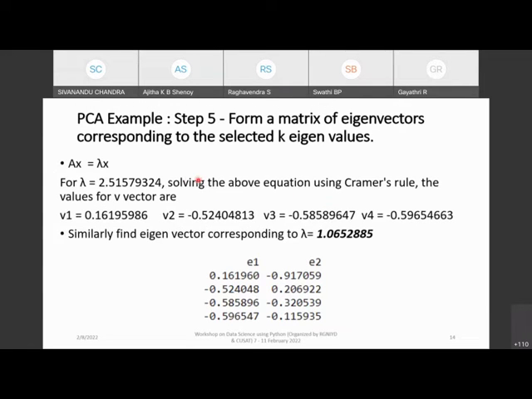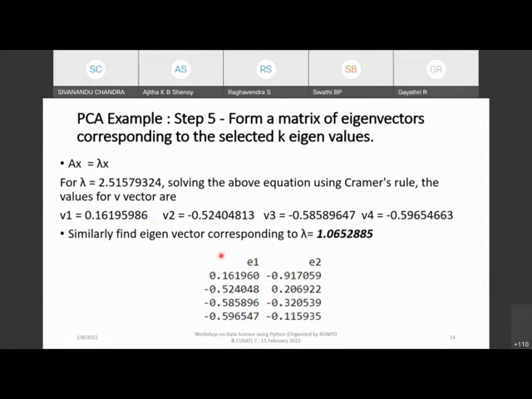Now for finding the eigenvectors, I am using the equation Ax equal to lambda x, and I will solve that using Cramer's rule. I think all of you studied Cramer's rule also. Using Cramer's rule, I can solve for x, because the determinant of A is not equal to 0. I can apply Cramer's rule here, and I can get the eigenvector corresponding to this particular eigenvalue. Now for lambda equal to 2.51579324, I will get these four eigenvector values. So this contributes one column